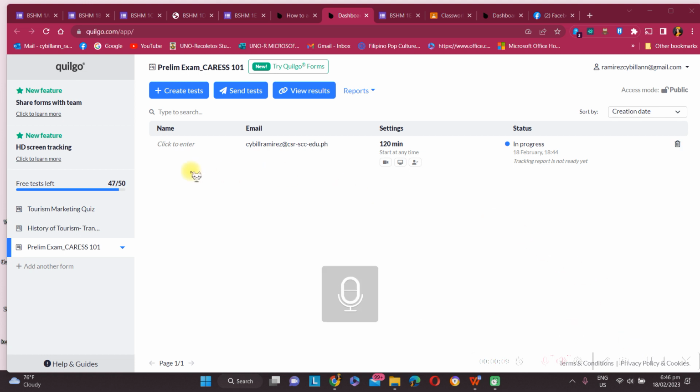We will be trying Quilgo for our AI proctoring and also monitoring of quizzes. This is a timer and also can record the students as they take the exam. They're only given 120 minutes to answer the exam, and then you will also see per student here